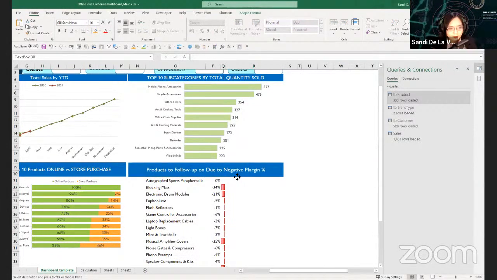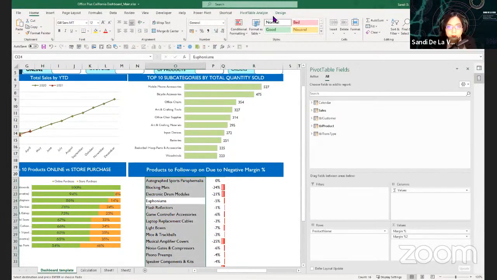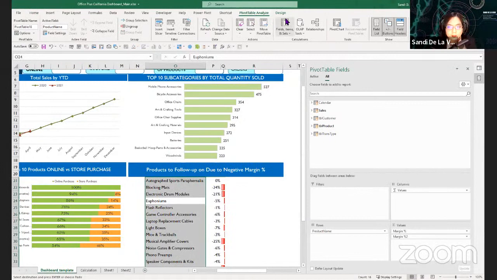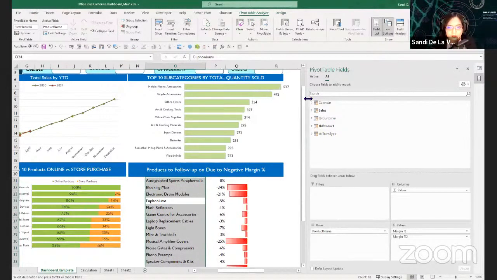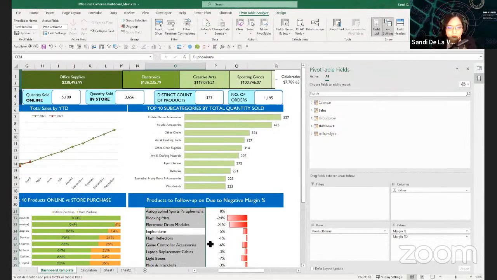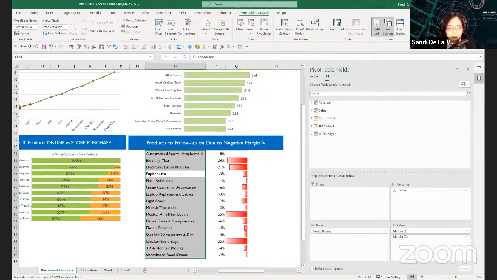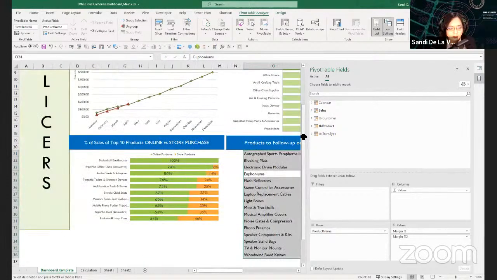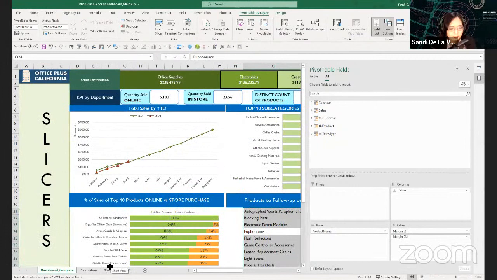Maybe just hide the headers, or change it in the pivot table analyze, then hide field headers. So that we have completed our dashboard. Let's just place our slicers here at the top left.